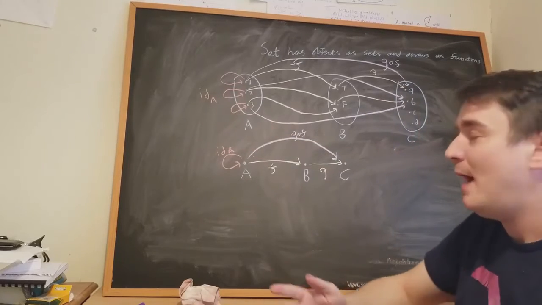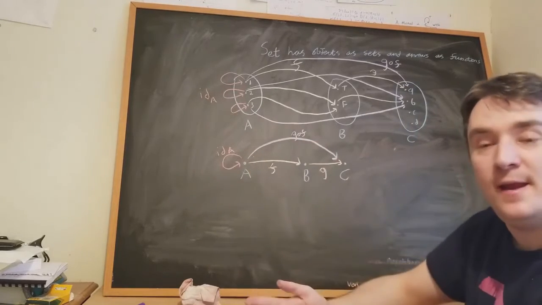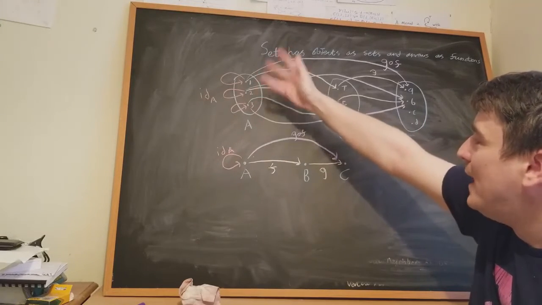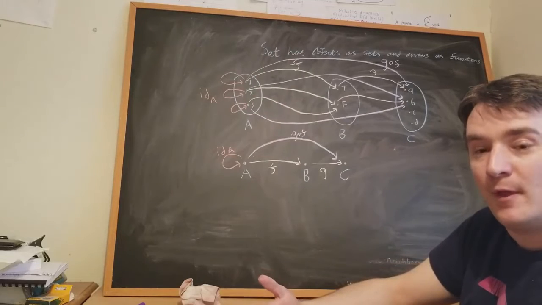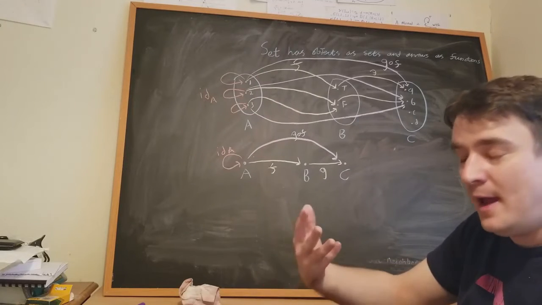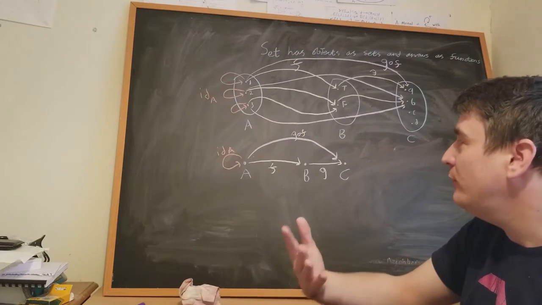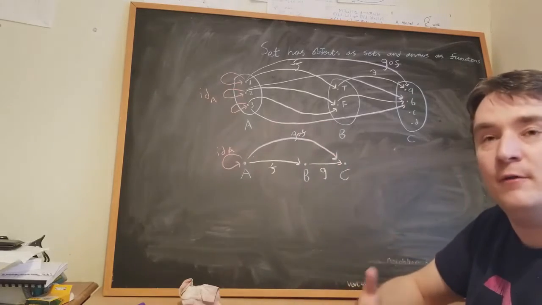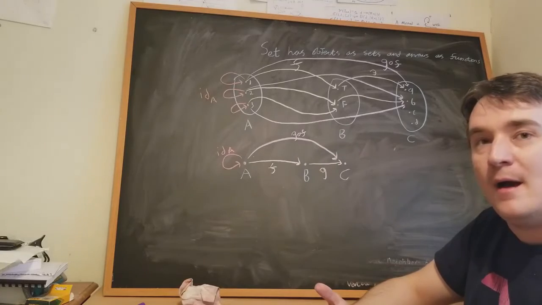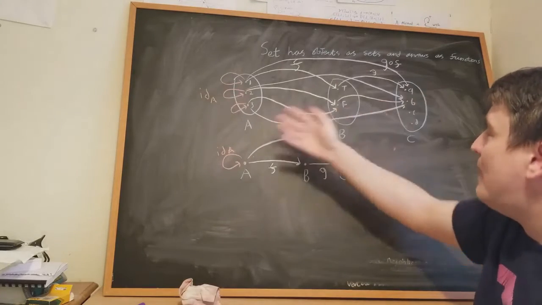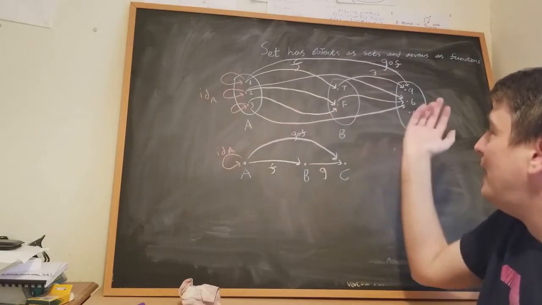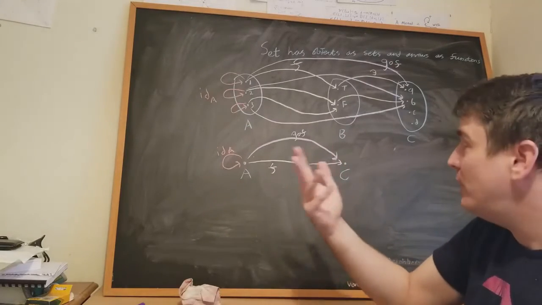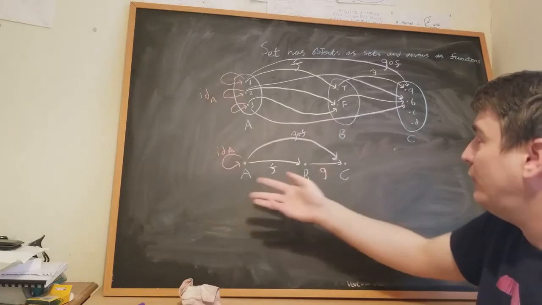And so haven't we just lost some information here? Because we're no longer depicting the elements within the sets. And the answer, which is quite remarkable, is no. We haven't really lost any information. It turns out that we can recover the information about these particular sets, how many elements they have in them. We can recover that information just by having this category.